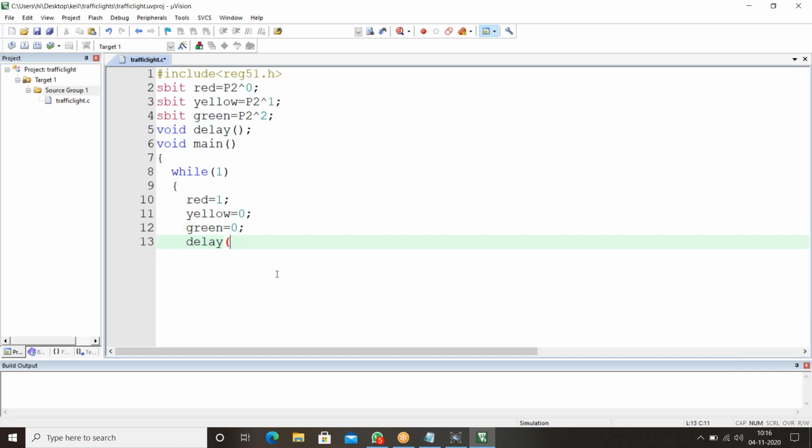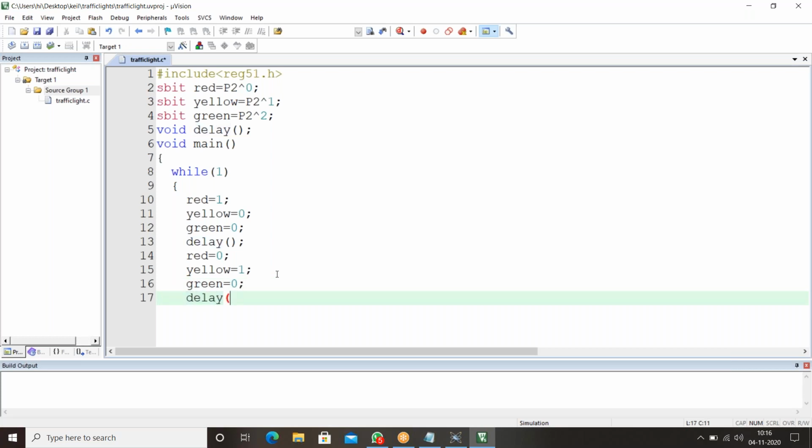Then you have to give some delay. The same process will be repeated for yellow. Now red should be off, yellow should be on, and green should be off. Then you have to give some delay.